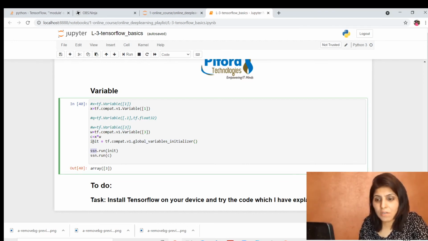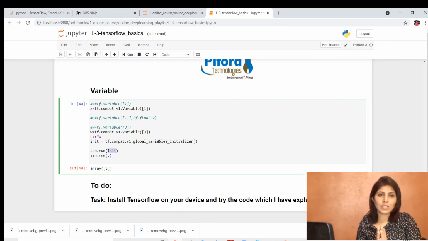In the session, first of all, you need to run this init line. What is this init? We are basically saying that we want to run the session, but first of all we want to initialize the variables, and then we want to run the session and execute this code.